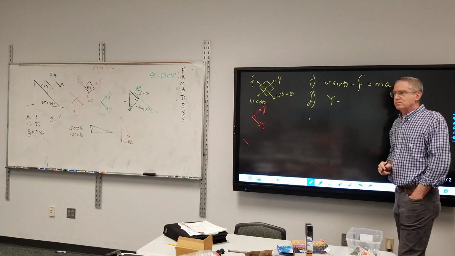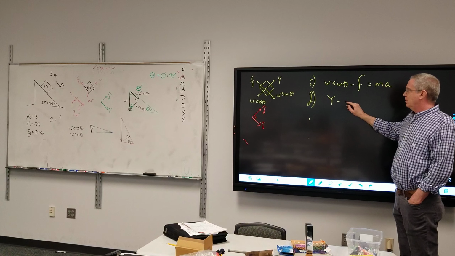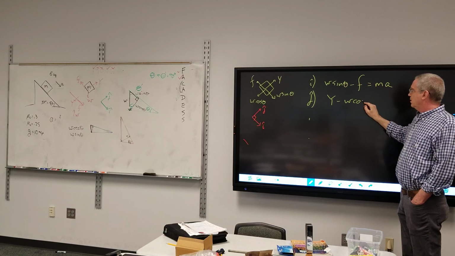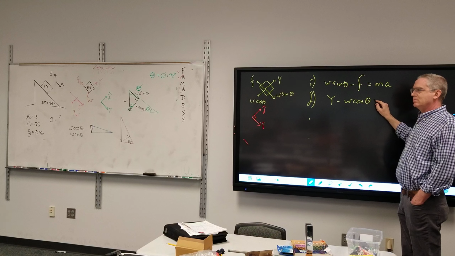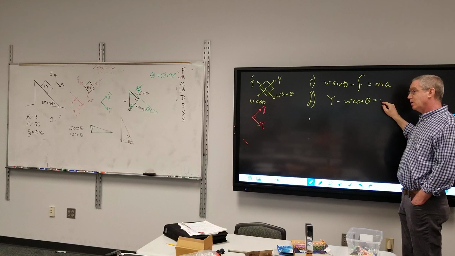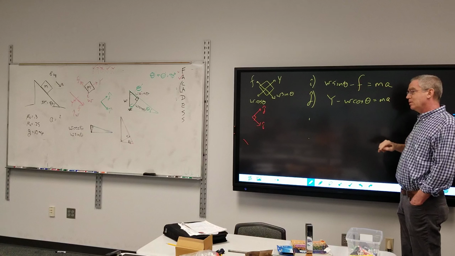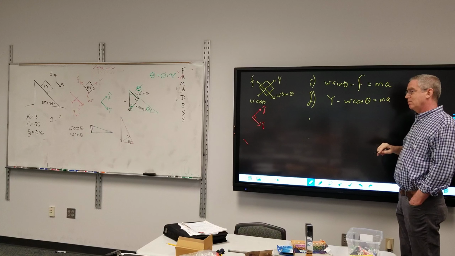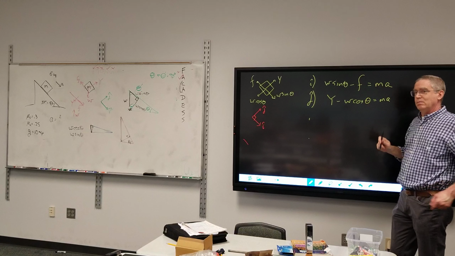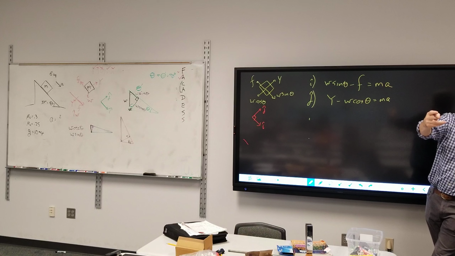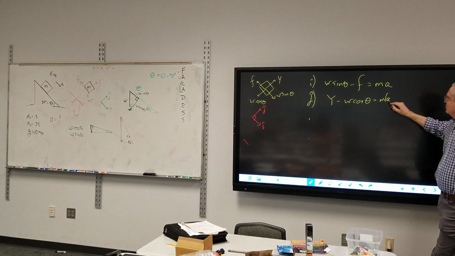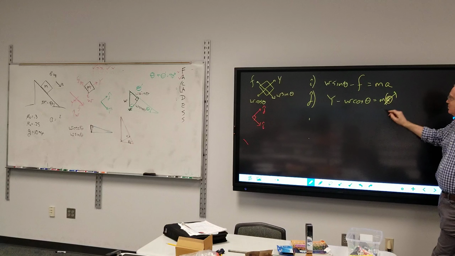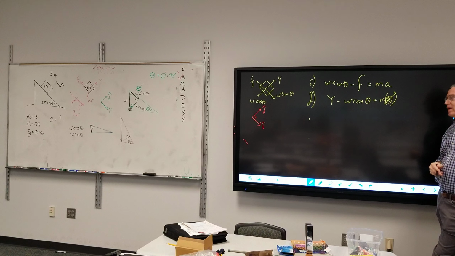So it would be normal force minus W cosine theta equals MA. Yes. No, zero, because you only have acceleration going in one direction. That's why we choose our coordinates